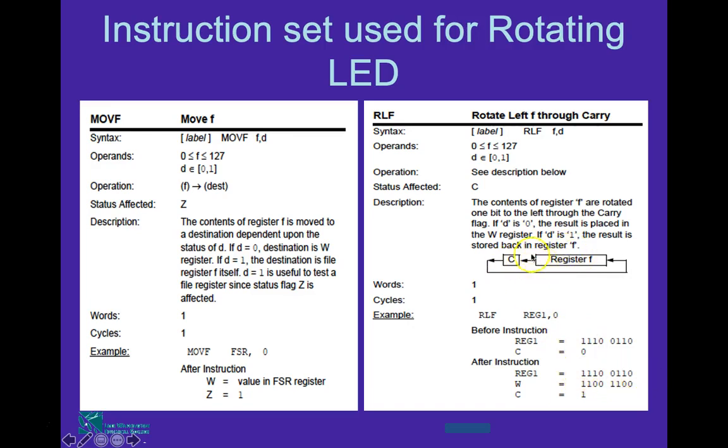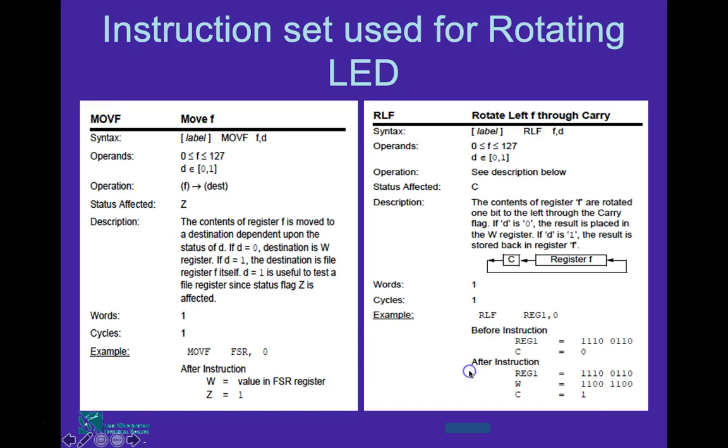Whatever is there is going to move to the carry. So that's why your carry is now 1, and then carry was 0, so carry 0 is going to move here. That's what you see here, a 0 here, and the rest of the data has been moved towards left. Okay, so that's how it works, and we are going to utilize these two instruction sets